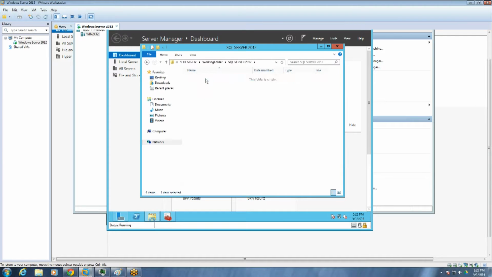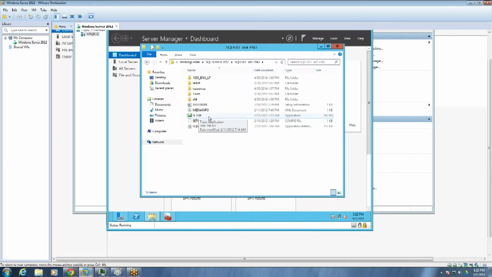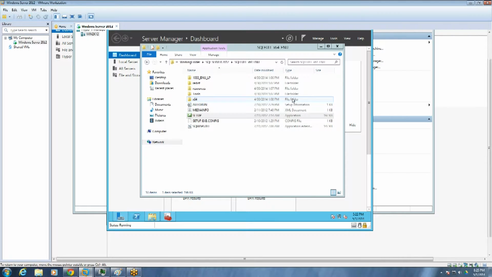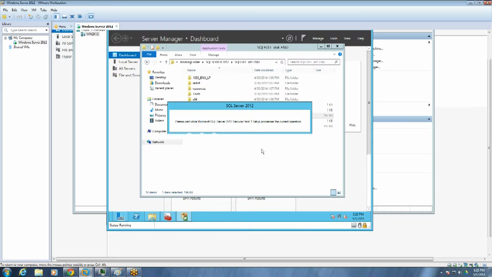In SQL Server 2012, if you see, we'll run the setup, and it will be the very basic setup. The very first thing you will select is to perform the standalone installation. You are not going to do the failover, so you will do the standalone. I'm not going to include that installation again. It's a basic one, like you are doing on your personal machine, like earlier. It will be the same installation. It will extract, check for updates, you will set the basic data directories, and you will install and go on.